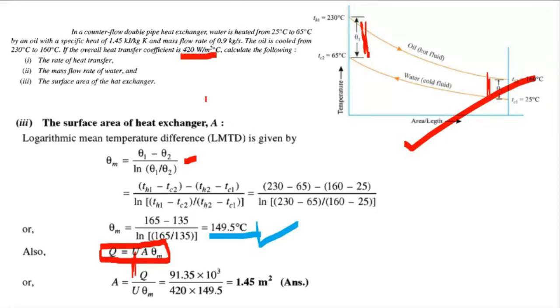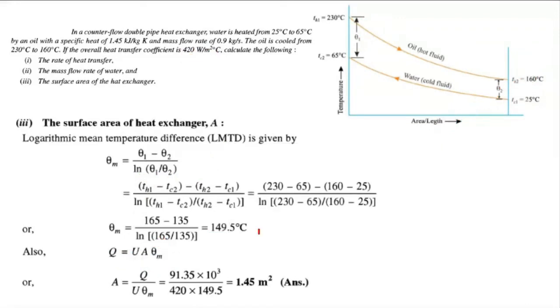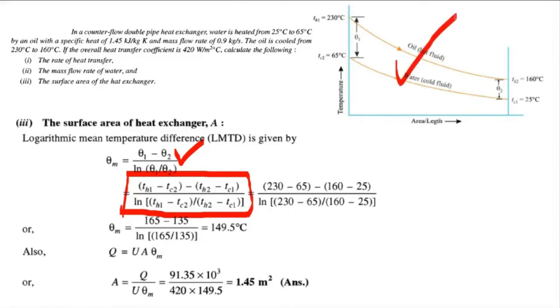Substitute the values of theta 1 and theta 2 in the expression. So theta 1 is equal to TH1 minus TC2. Theta 2 is equal to TH2 minus TC1. Now in your data handbook, the formula given will be this one. This is the relation which will be given in the data handbook. They are not going to give you this relation. So even if you don't remember the relation in terms of theta 1 and theta 2, it is fine. And you can solve the question without drawing this diagram also, because you don't have to see what is theta 1, what is theta 2, if you are referring to the data handbook. But if you are solving the same question in some competitive exam, for that always draw the diagram to be clear with the values of theta 1 and theta 2.